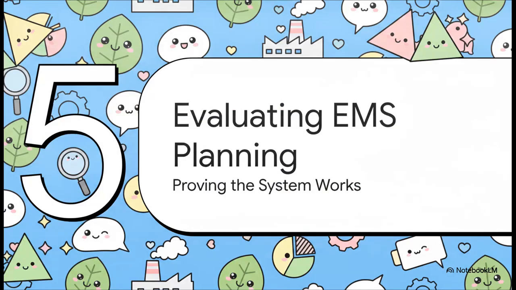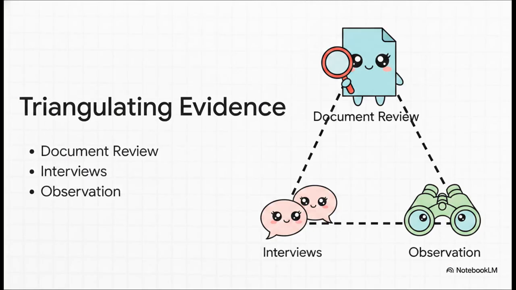Now let's move to our final section. Section 5, Evaluating Strategic EMS Planning, Proving the System Works. Let's see how triangulating all this evidence allows us to evaluate the actual big-picture strategic planning of the entire environmental management system. To truly prove strategic integration is happening, you have to triangulate your audit evidence using 3 key field